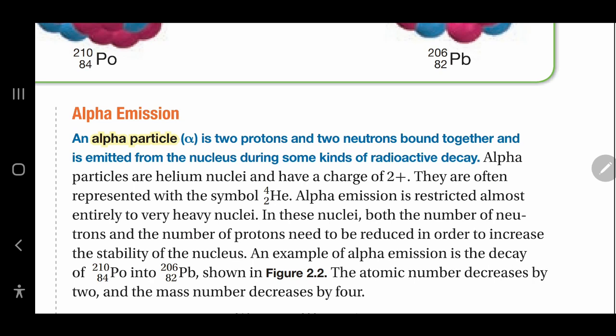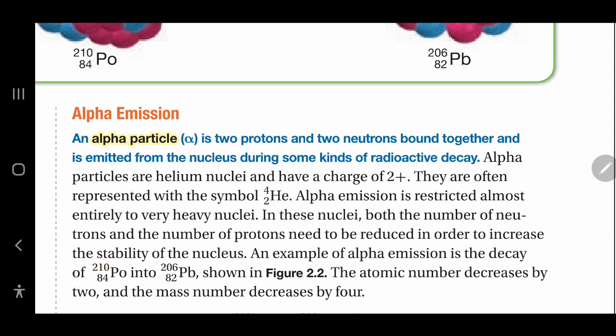And alpha particle emission is restricted almost entirely to very heavy nuclei. In these nuclei, both the number of neutrons and the number of protons need to be reduced in order to increase the stability of the nucleus. So here we are going to reduce the number of protons and neutrons, both of them, to increase the